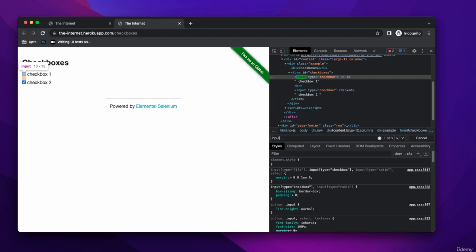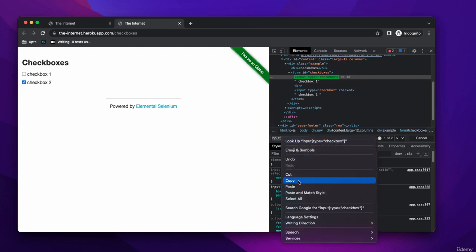Let's see, input, I think it should be type, then we write checkbox. Yeah, and no, I think this should be the nth element. It doesn't matter, because now we can access this with Playwright. We can access the first element or maybe the second. So let's